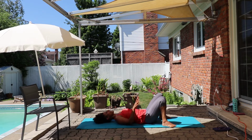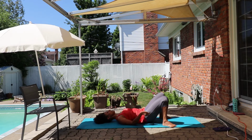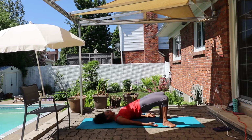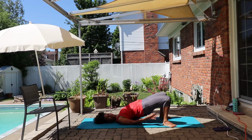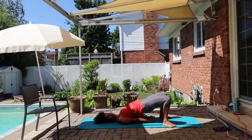for bridge. So hands come down by your side. Wrap the arms in and under a little bit, and then scoop the tail in, tuck, curl into a pelvic tilt to then roll the hips up towards the ceiling. I'm going to wrap my shoulders in and under a little more. If you can, you're either pressing your palms into the floor or lacing the hands together behind you to push the fist into the floor, wrapping those shoulder blades more together if they've come apart,